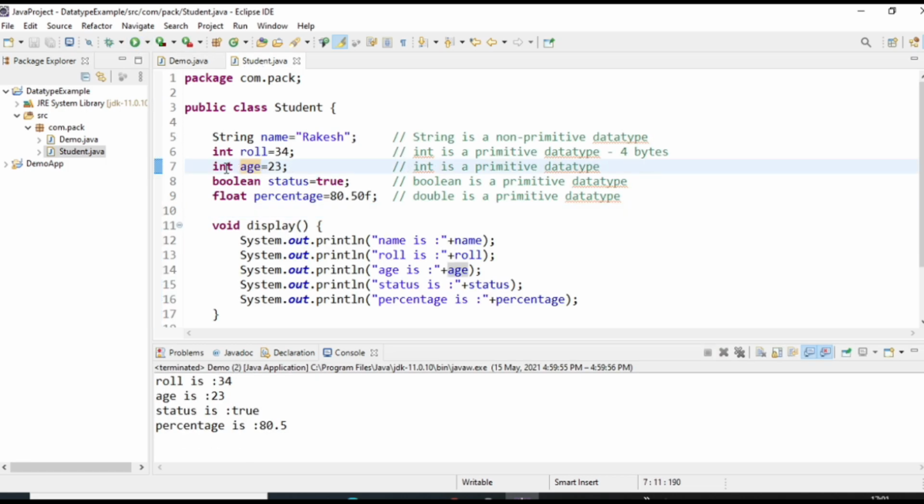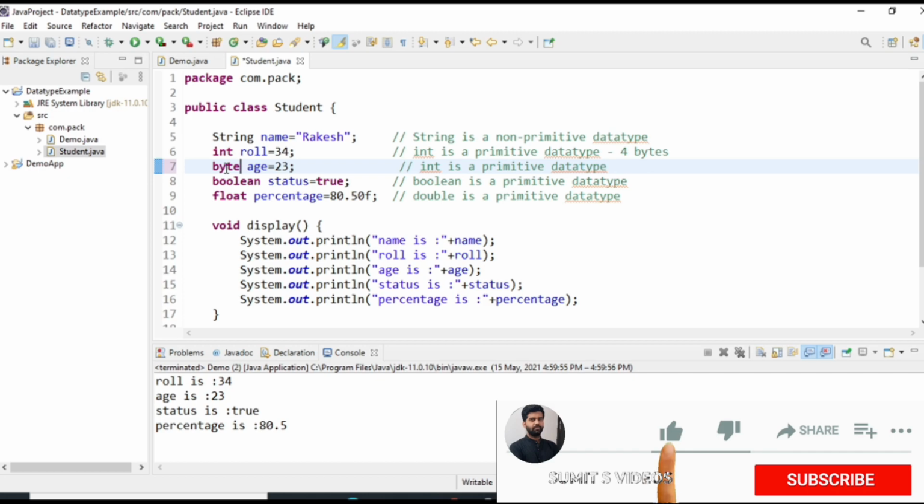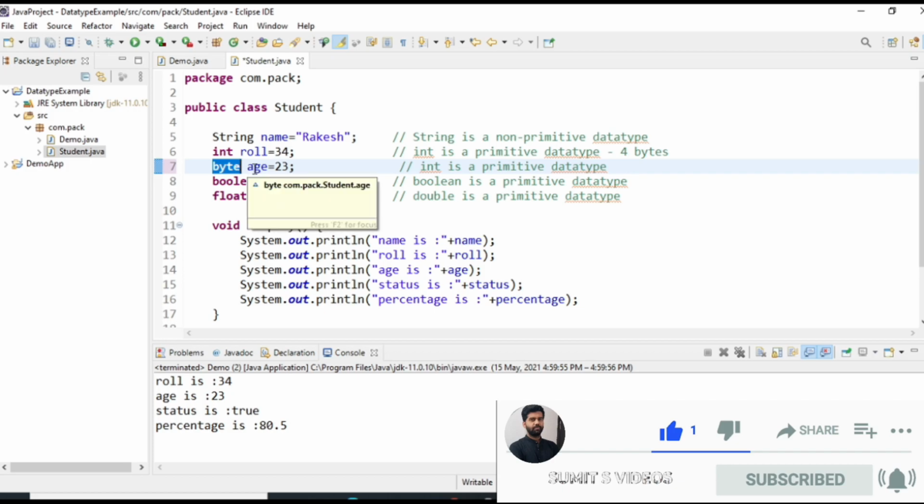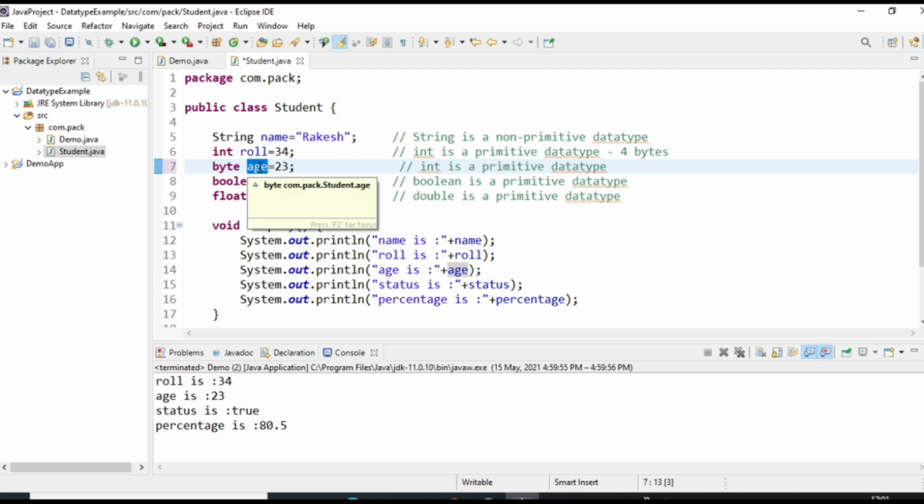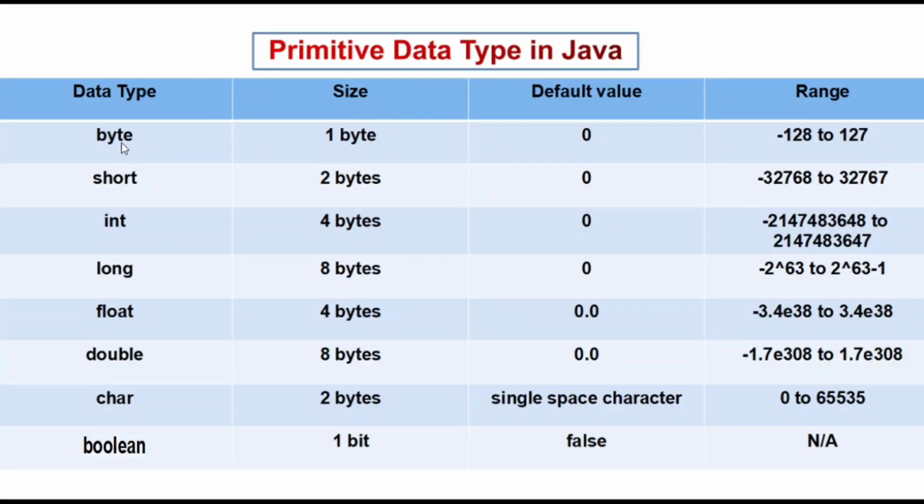Now see here, we can take integer, we can take short, we can write byte, right? These are the integer data types we can take as per our requirement. Means first we have to decide the value which we are going to store in this variable, what will be the size of that value, right? If the size is greater, then it will not be stored inside byte, because as we know byte has a range from -128 to 127.